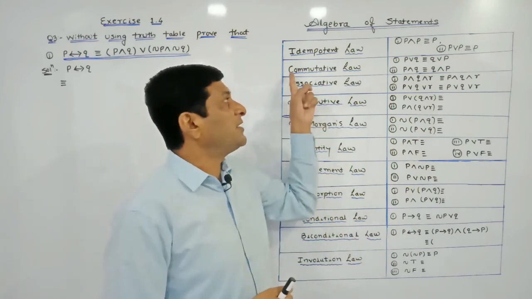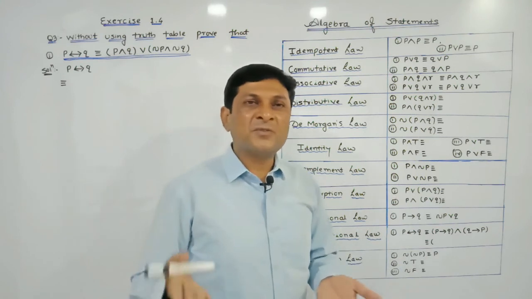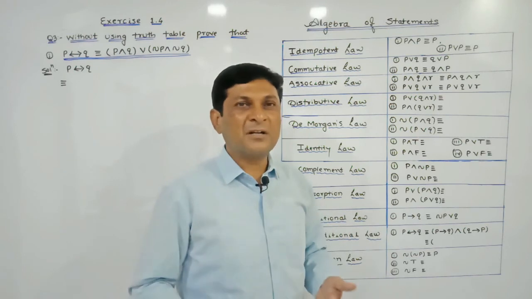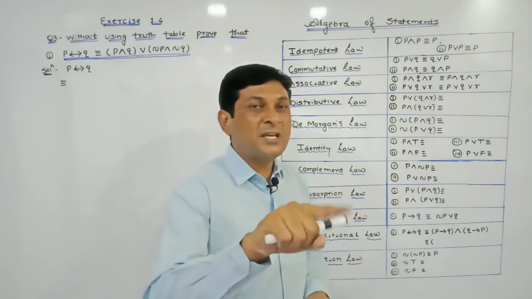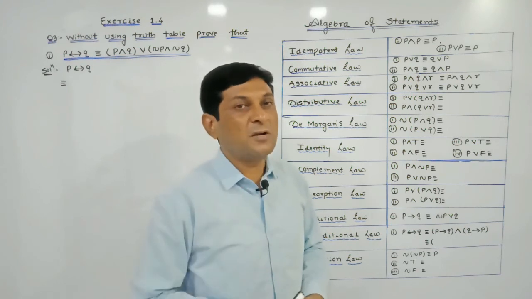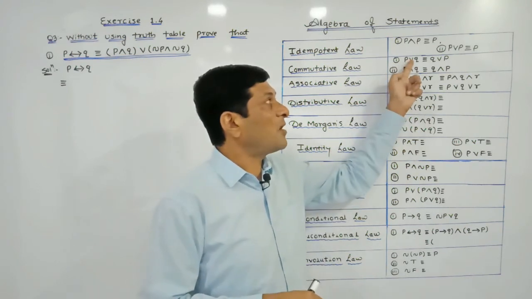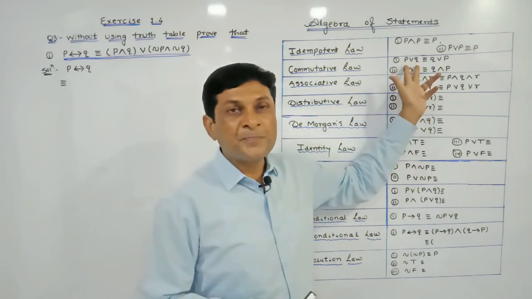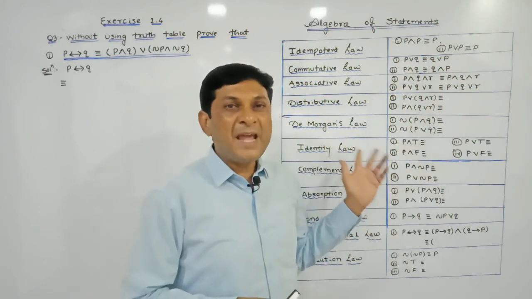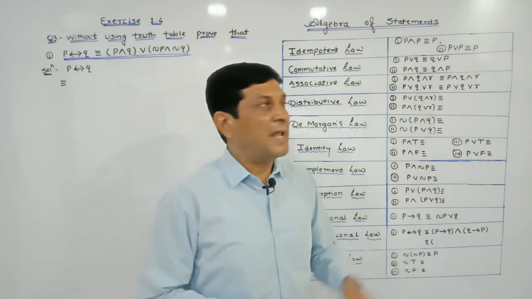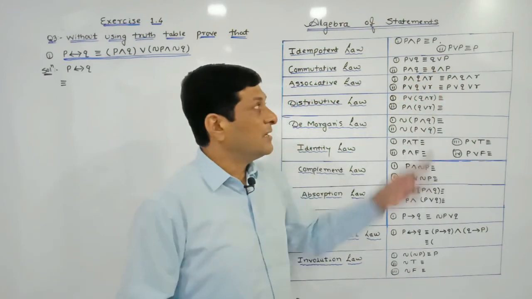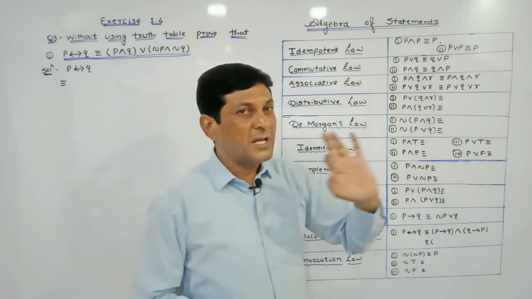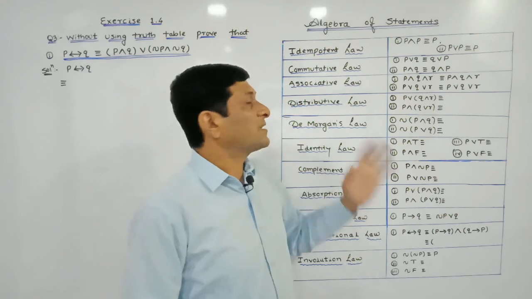identical. Now the commutative law. We have been studying the commutative law since 6th or 7th standard, in natural numbers, whole numbers, integers, real numbers, complex numbers, isn't it? That A plus B can be written as B plus A, but there the operation is plus. Instead of plus, here the operations are or, and the second operation is and. So according to the commutative law, P or Q is equivalent to Q or P, and P and Q is equivalent to Q and P, and these two results are called the commutative law.